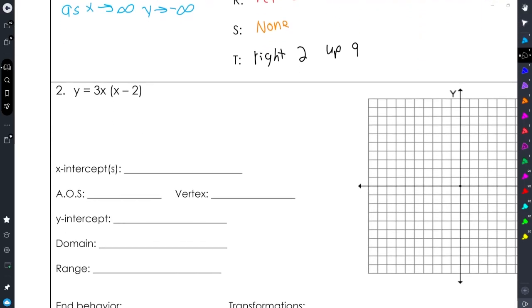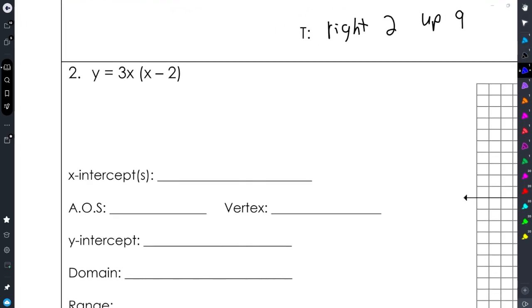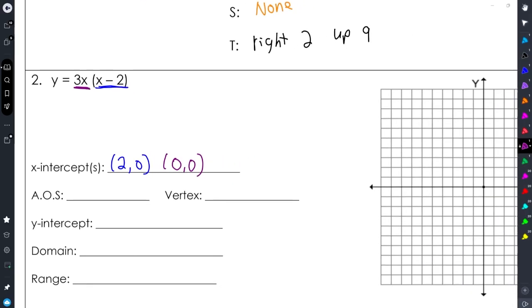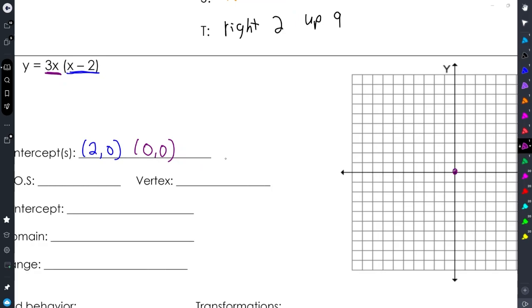All right, this next one is a little bit interesting because we only see one parenthesis. So this one shouldn't be too bad. What number minus 2 is 0? That's 2. So we have 2 comma 0. But right here, there's no parenthesis, but there's an x. When that happens, then our intercept is 0 comma 0. Because 3 times what number gives you 0? That's 0. If it was just a 3, then it doesn't do anything, but because it's 3x, we have an intercept at 0, 0. So we're going to plot 0, 0, and 2 comma 0,